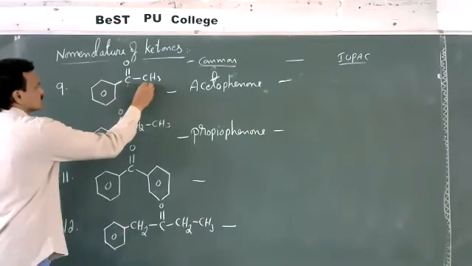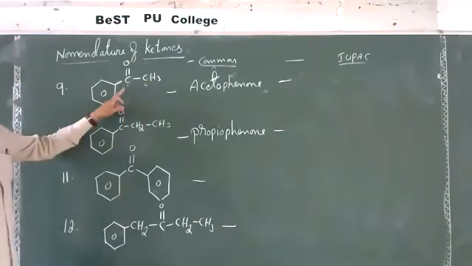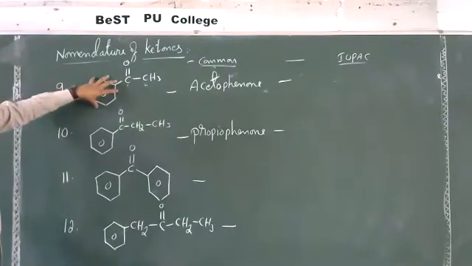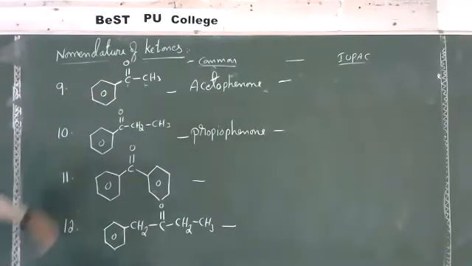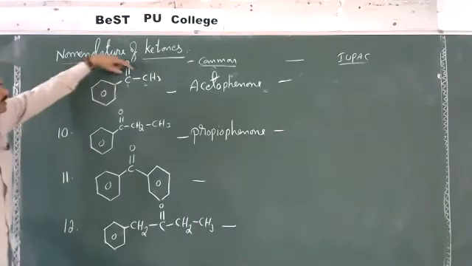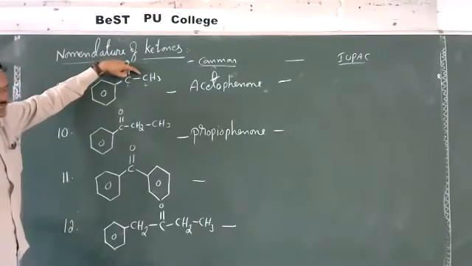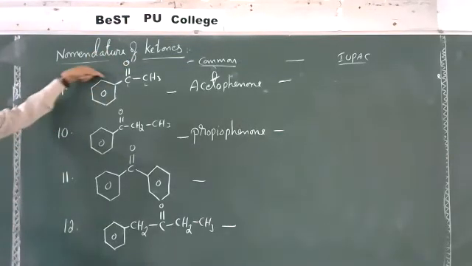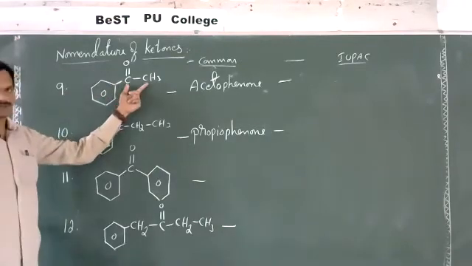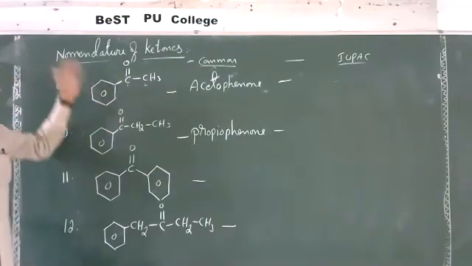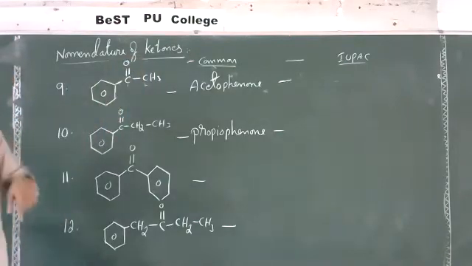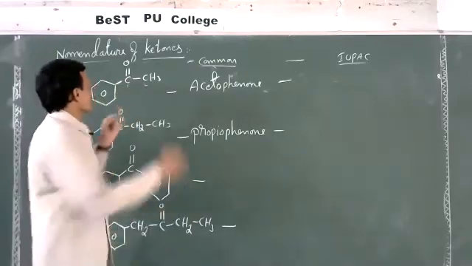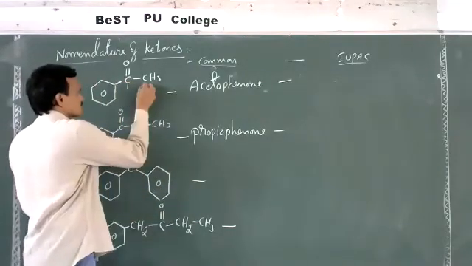This is the first carbon, this is the second carbon, because this phenyl is taken as the branch here. This is nothing but phenyl ethanone. Two carbons are there, ethanone. The ring carbons will not come under the long chain. Only these two will be taken as the long chain. If alkyl groups are on this side also, from either terminal we will give the number in such a way that the carbonyl carbon gets the least number. So now here the carbonyl carbon gets 1 and the next one is 2.